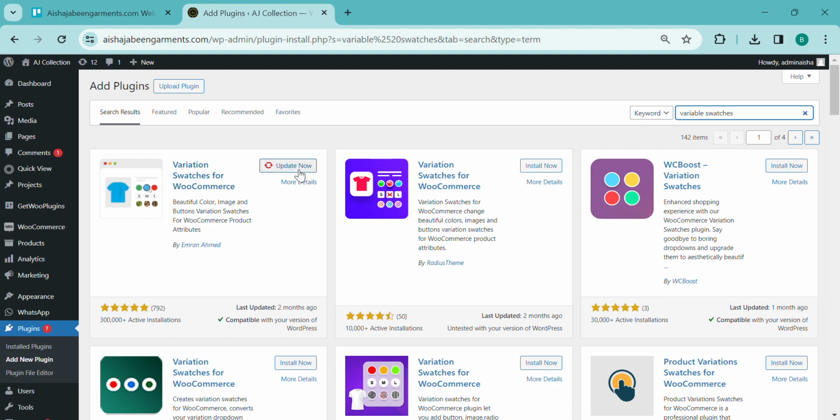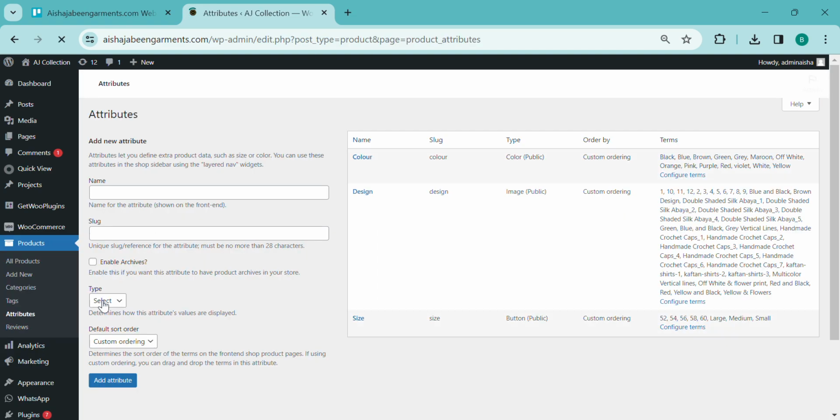I have already installed it, so I'll go to product to show you how to add attributes. So go to attributes, and here you can see three attributes I have already added for this website AJ collection, that is color, design and size. And to show you how to add attribute, I'll